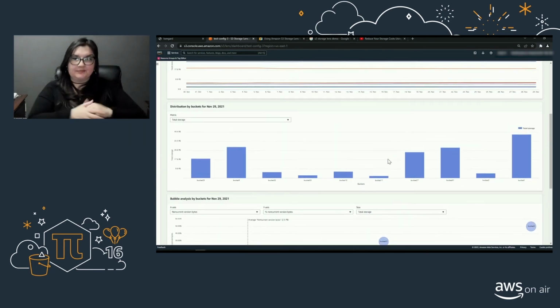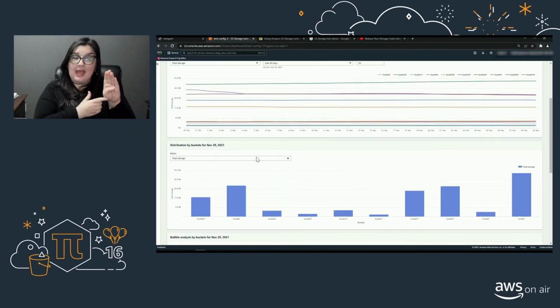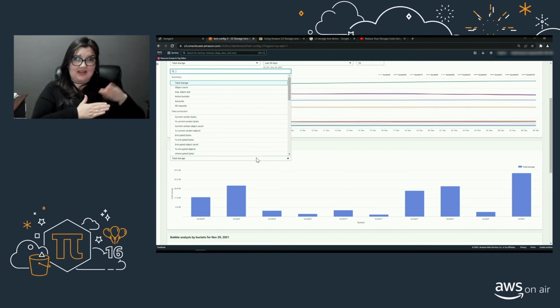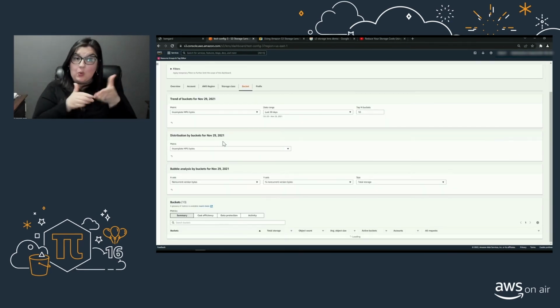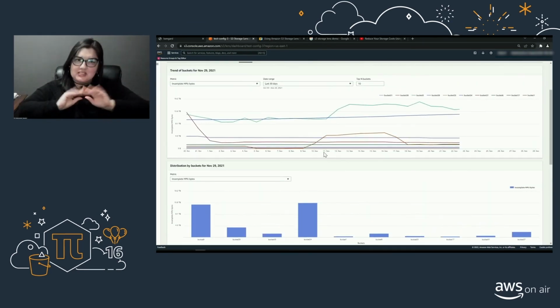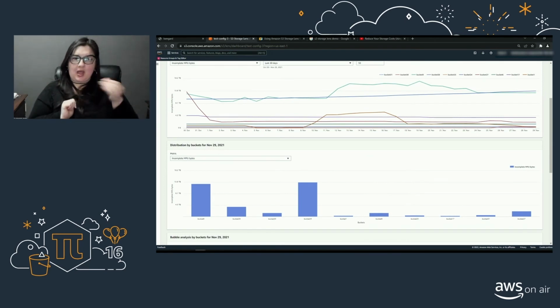Within the Bucket tab, I'm going to filter on the percentage of the incomplete MPUs. This way, we can easily identify the distribution of incomplete MPUs in my organization, identify the top buckets with incomplete MPUs, and manage them, for example, by setting a lifecycle policy to expire incomplete MPUs after a specific number of days. For our third and last use case, I'm going to show you how to identify buckets